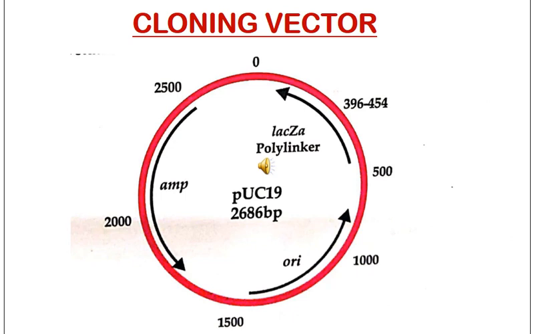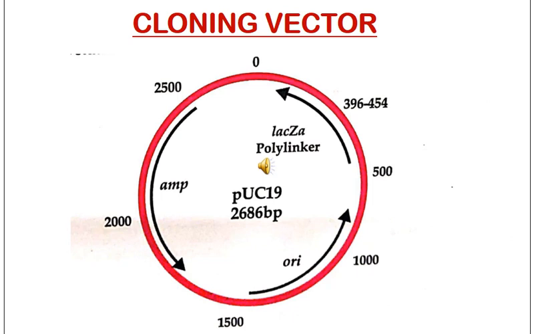The 19 part symbolizes that it is a high copy number plasmid. It can be copied at a high rate. So from there the name has come up, that is pUC19, and it has a size of around